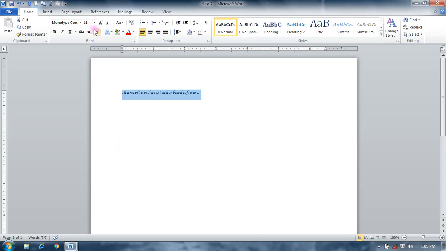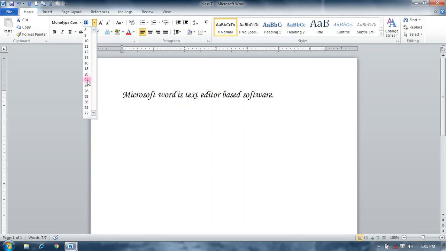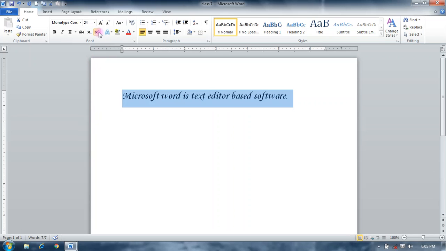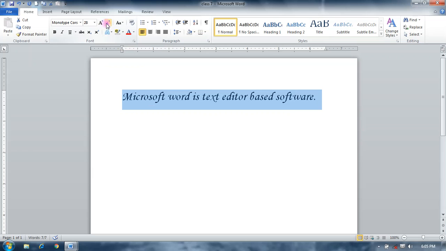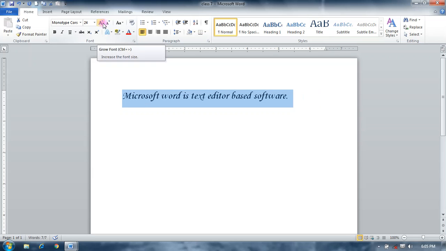This is font size. You can change font size from here. There are two buttons for grow font and shrink font. So you can grow font from here and shrink font here.